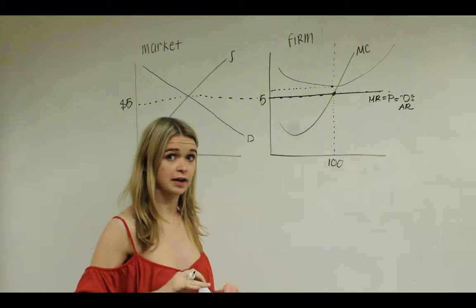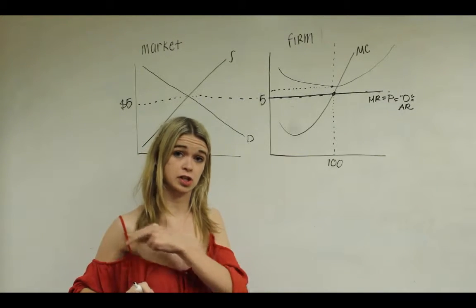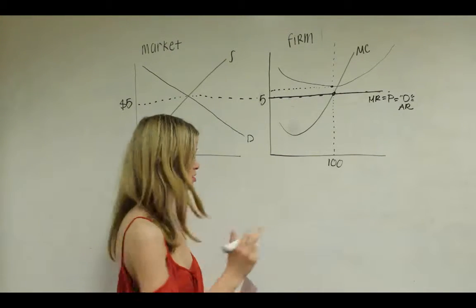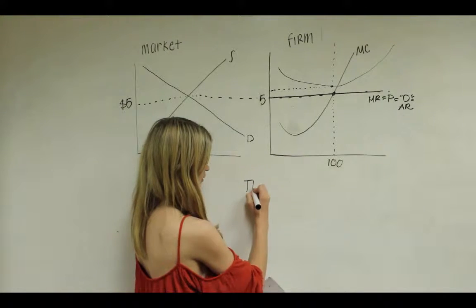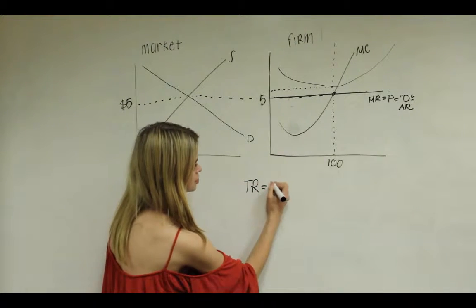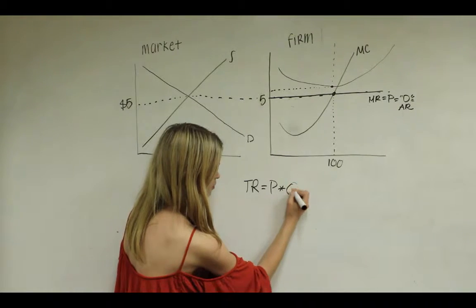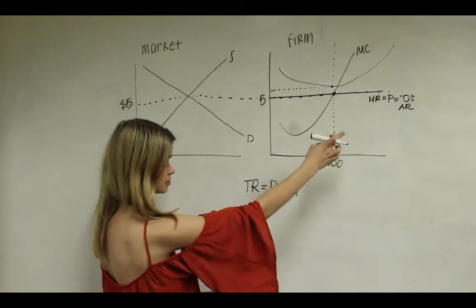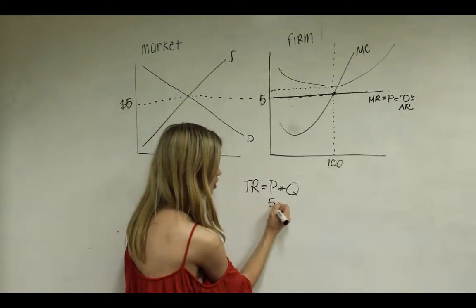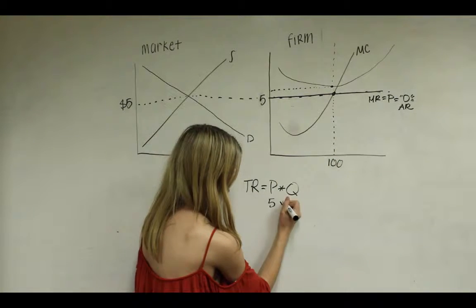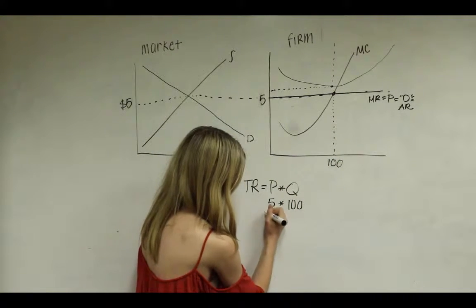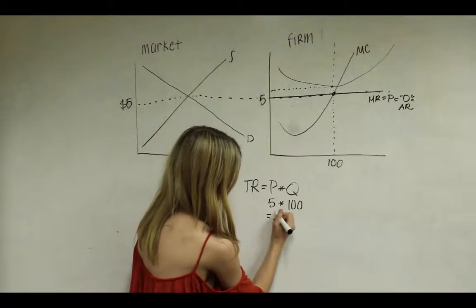So if we wanted to find a numerical representation of what our total revenue was, we would take total revenue equals price times quantity. Our price, marginal revenue, was 5. Our quantity was 100. So we get a total revenue equal to